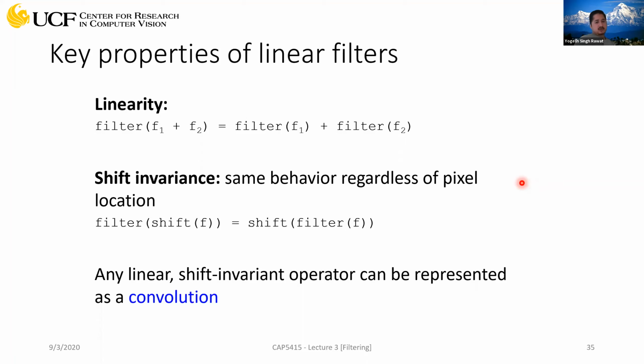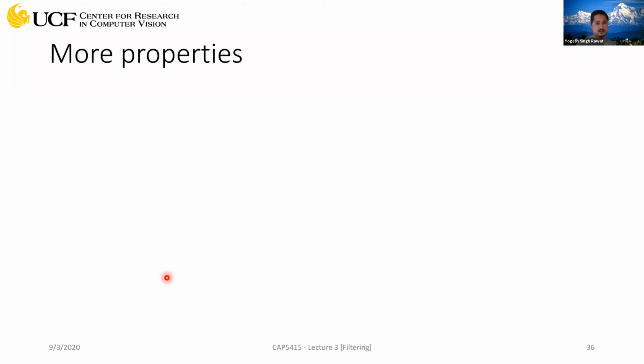And any linear filter you have which is shift invariant, you can also represent as a convolution as well as a correlation. And with convolution, we will study how this is a shift invariant and linear kernel, which is very helpful when we study convolutional neural networks. And I think we're going to start that next week, next Thursday, hopefully.